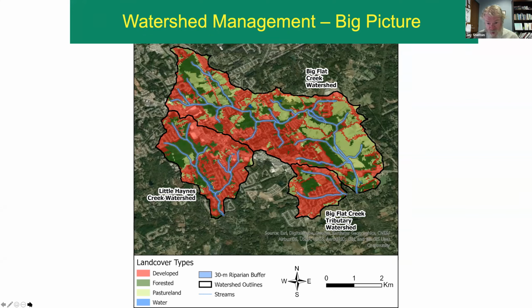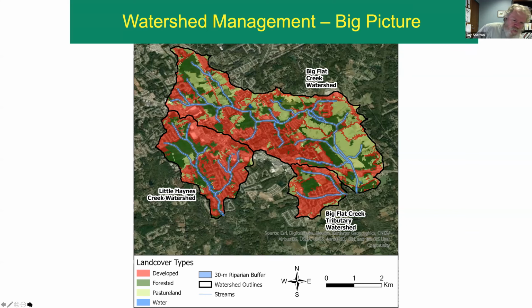So, I've added another layer here. You see that we talked before about things like sewers and roads, but here I've added land cover. And you'll see that when we talk about an urban stream, we still have trees and we still have pasture land. So that's what I mean when I say a quilt or a patchwork. It's a bunch of pieces all put together, and very few watersheds are all the same.